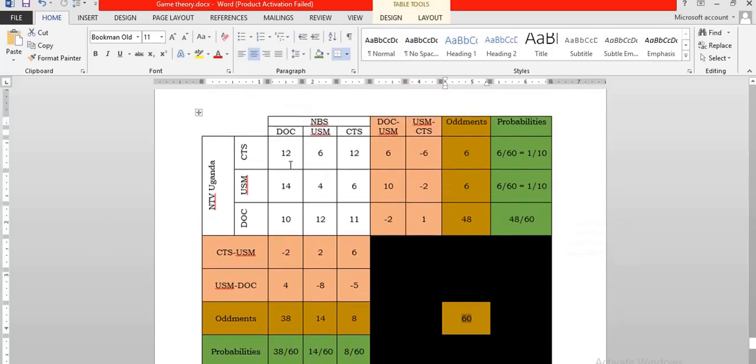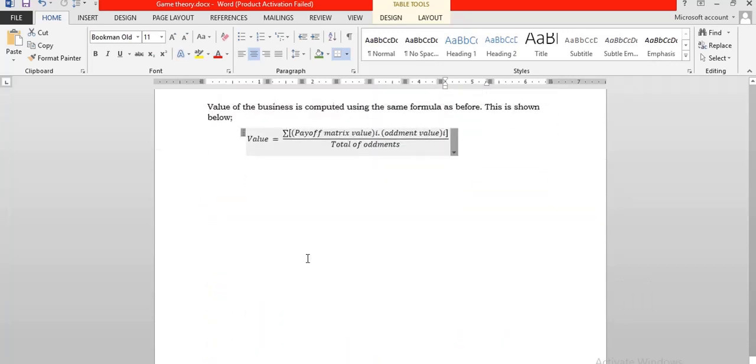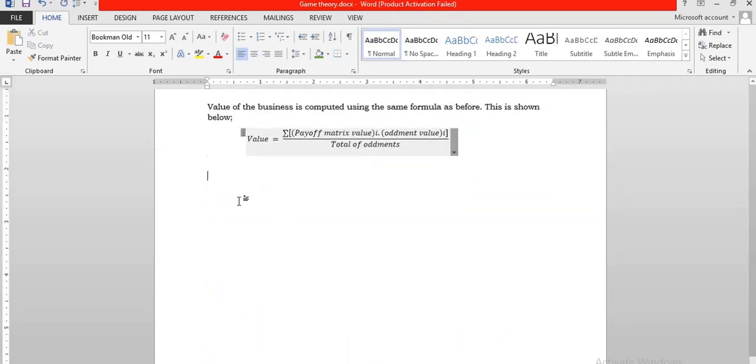Okay, so a payoff matrix value is 12, multiplied by the oddment value, 38. Again, you take 6 multiplied by 14, again you take 12 multiplied by 8, you add them together, divided by 60, that should give you the value of the game. So let's do it together and see what we get. If I'm to use this particular logic,